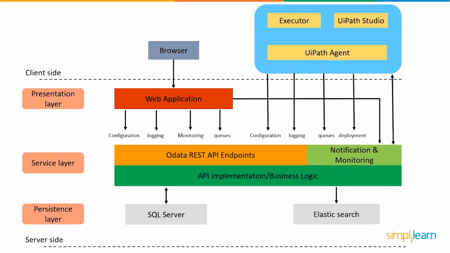Now let us look at the persistence layer. Database servers make up the bulk of this layer. In this layer, all of the robot's configuration information is saved. Users insert data, robots, assign tasks, logging information, and assets, among other items, into the orchestrator's configuration details. Furthermore, the persistence layer is in charge of keeping the log information updated by the UiPath agent services.